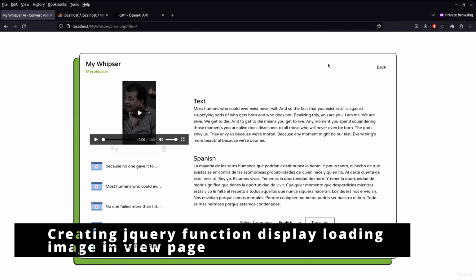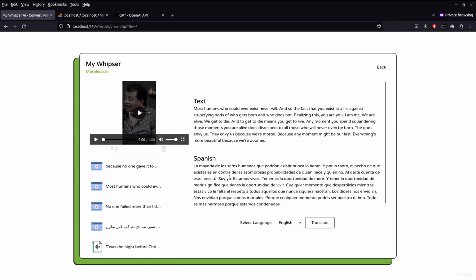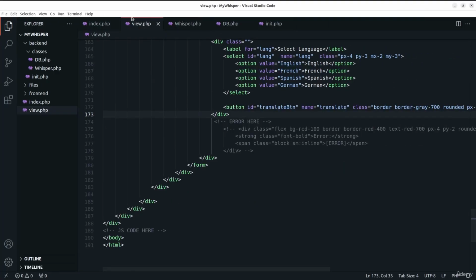Hello and welcome back. In this lecture, we're going to create a jQuery function to actually display the loader image when we translate the content. So we're going to hide this translated content, and we're going to display our loader image, and we're going to also display the errors if there is any error. So let's do that. First of all, go to your view.php file and scroll down until you find this comment